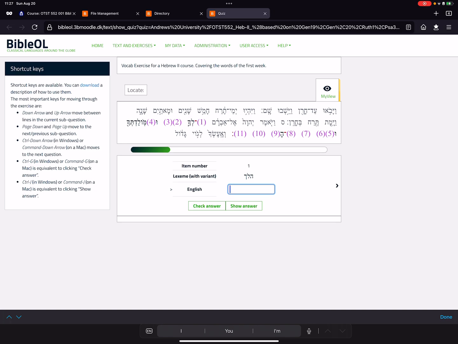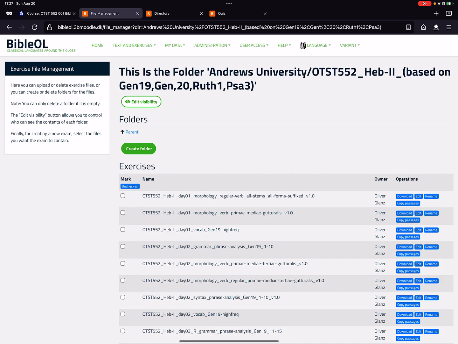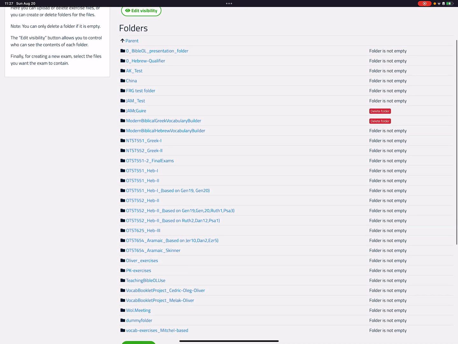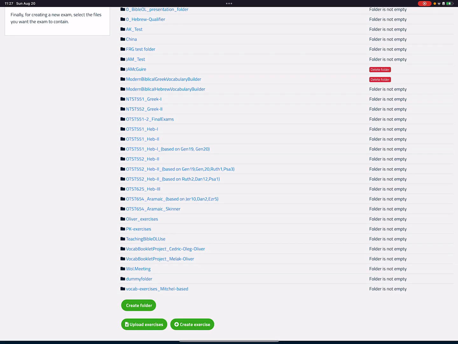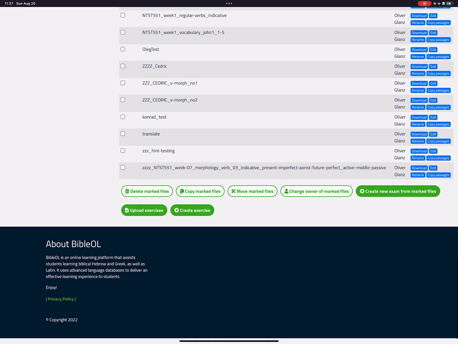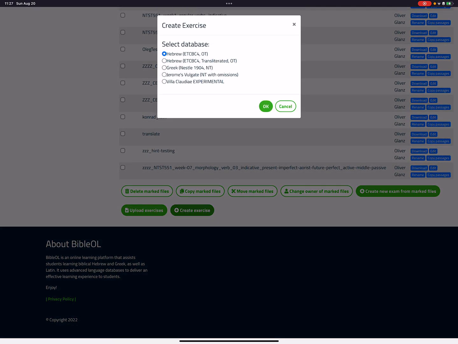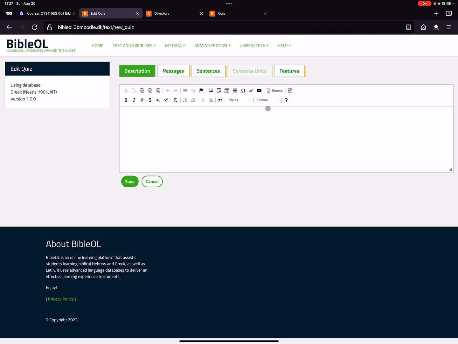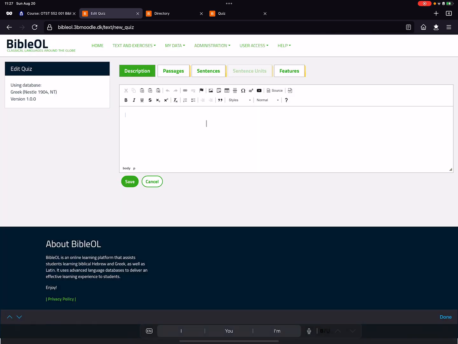Let's create another example for a Greek morphology exercise. Let's move into, let's say, a Greek folder, Greek 1, and let's create an exercise there. So we go to the bottom of the page, we click on create exercise. Obviously now we are going to choose the Greek database, Greek. Okay. And let's do this simple present tense